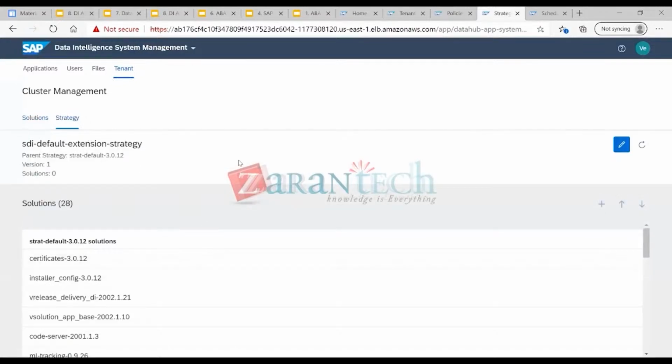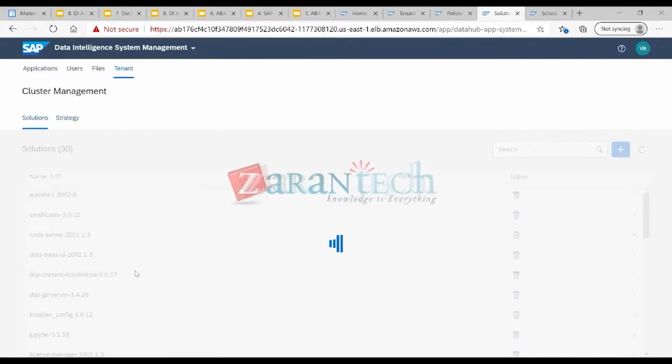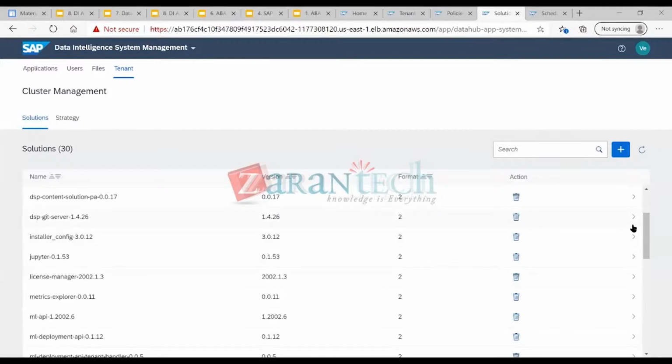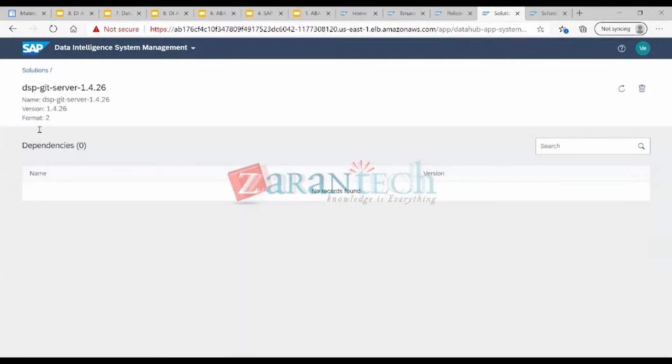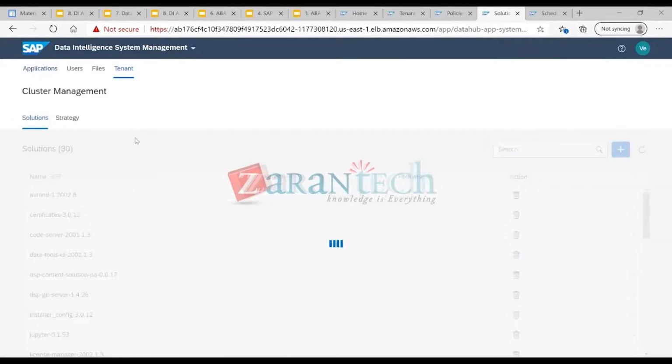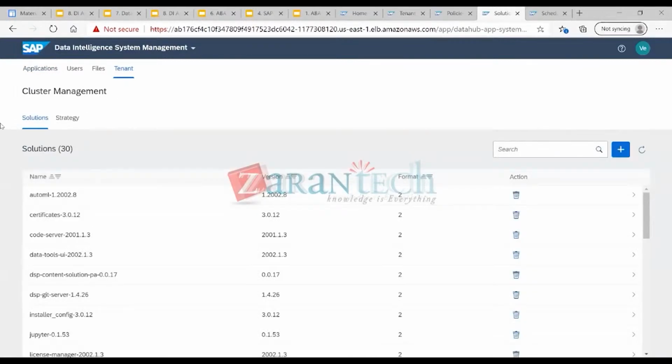So I mean, nothing much from this particular screen team. Because even I basically work on application users and files, but tenant, even I'm not sure what is this solution and all those stuff because I have not worked with this. Looks like these are all the images. Let me just try to go here. Right. So I'll get back to you on this particular solutions and strategy perspective, but this is it from the